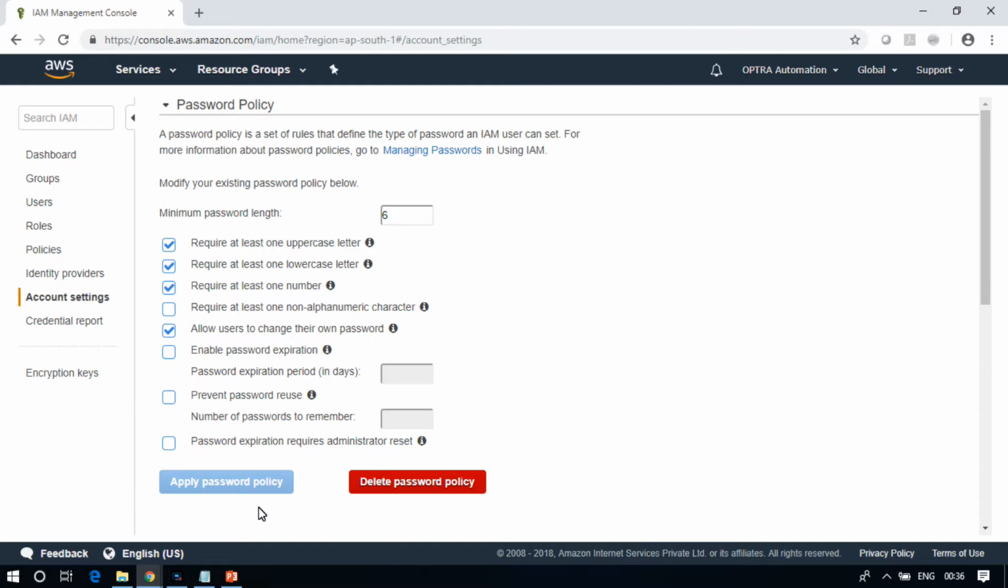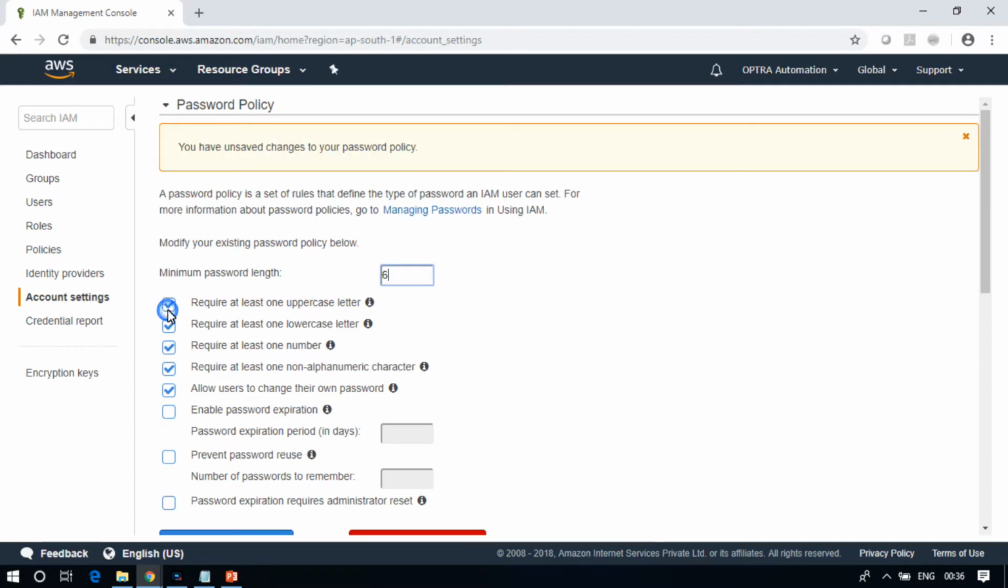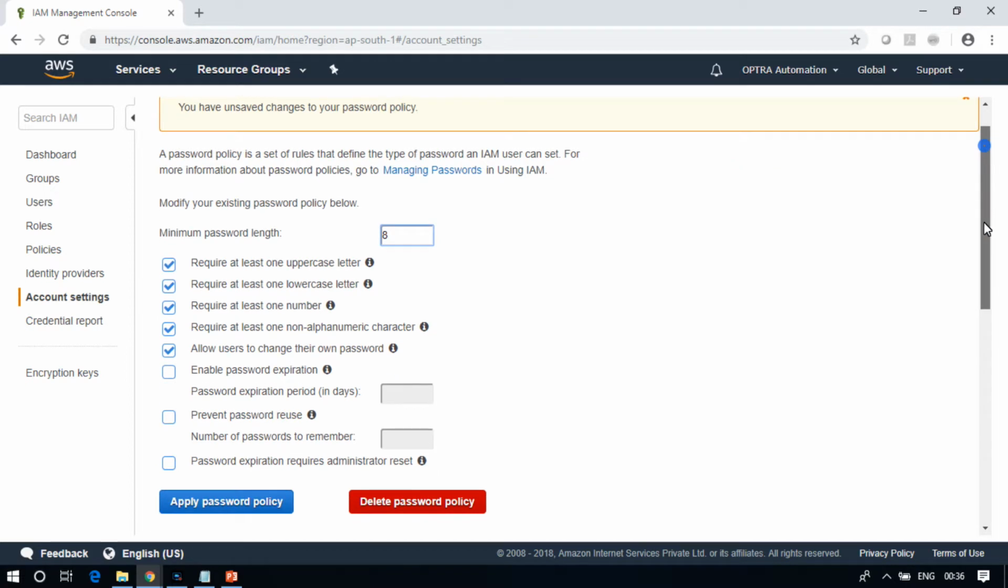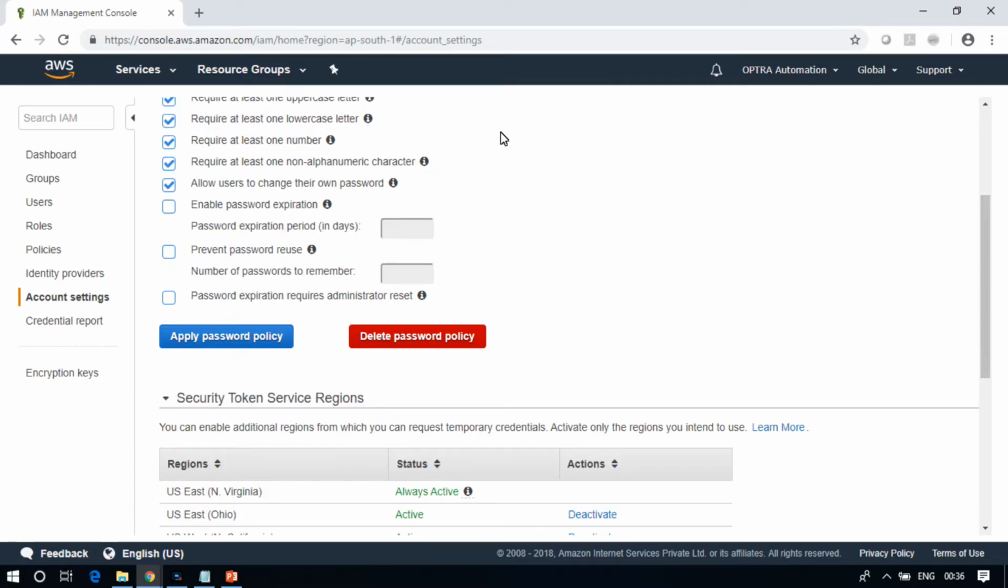This is the password policy. This is the default option of AWS. Let's say the password length is 6, at least one lowercase, at least one number. Allow users to change their own passwords. If you want to modify it, if you want to make, let's say, at least there should be one alphanumeric character, you can simply click on it. And if you want that the length should be 8 in place of 6,